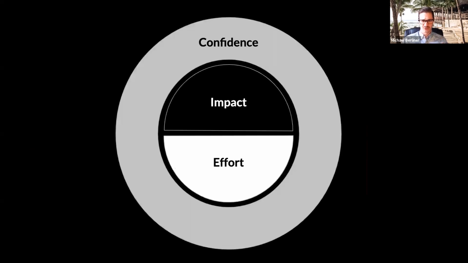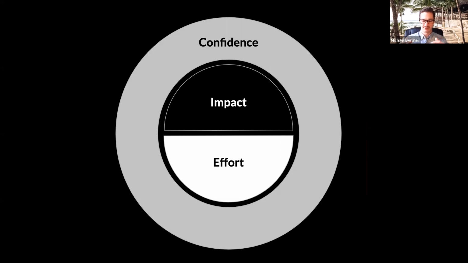So this is what we call ICE scoring. Some of you guys may be familiar with this. It stands for impact, confidence, and effort. It's just a really simple way to apply a 3 criteria scoring mechanism to whatever it is that you're doing. And more than anything, I think it helps take what's in your mind and helps you think about,